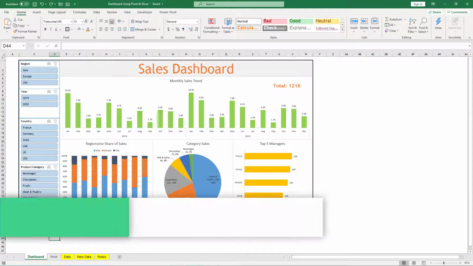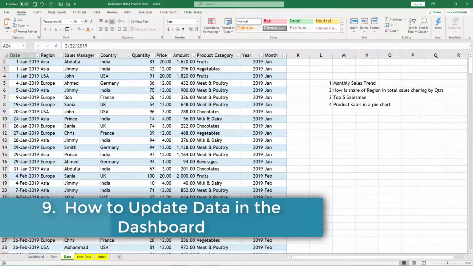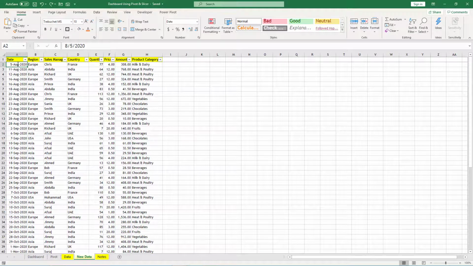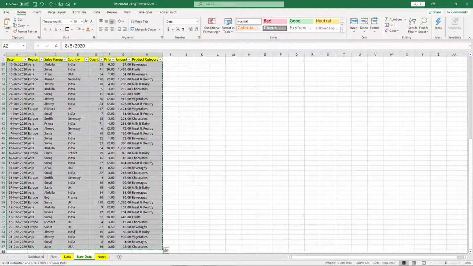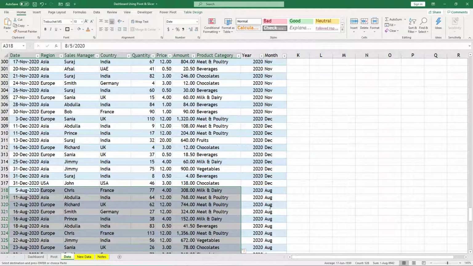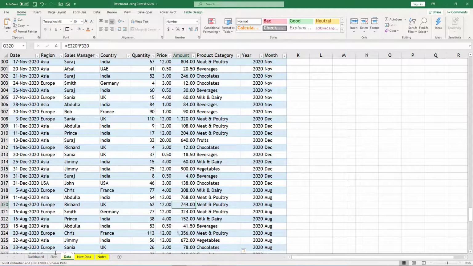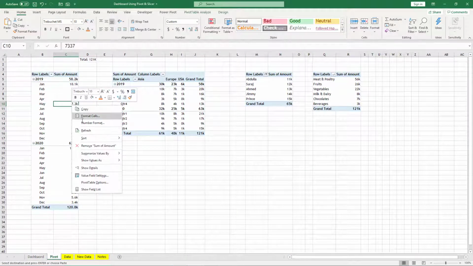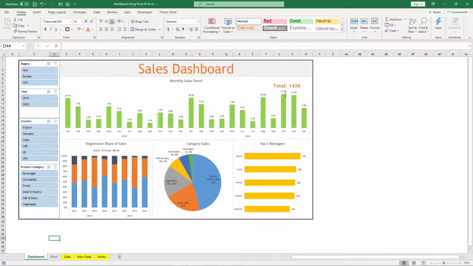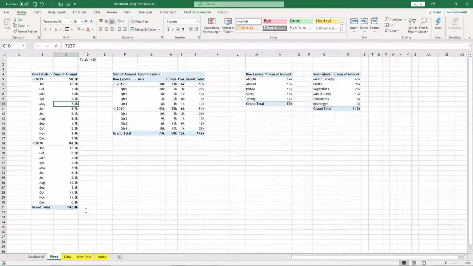Now next time, your only job is to add the data at the bottom of this table. So if you are having, let's say, this data set, copy and go to the data set and just paste it below, and you can see all the calculated columns are coming automatically, and all you need to do is just refresh any one pivot table. 142, 142, 142, and this was top 5, so it will not be equal to 142. Okay, and that will also reflect in the charts. So this is the only work next time you have to do.